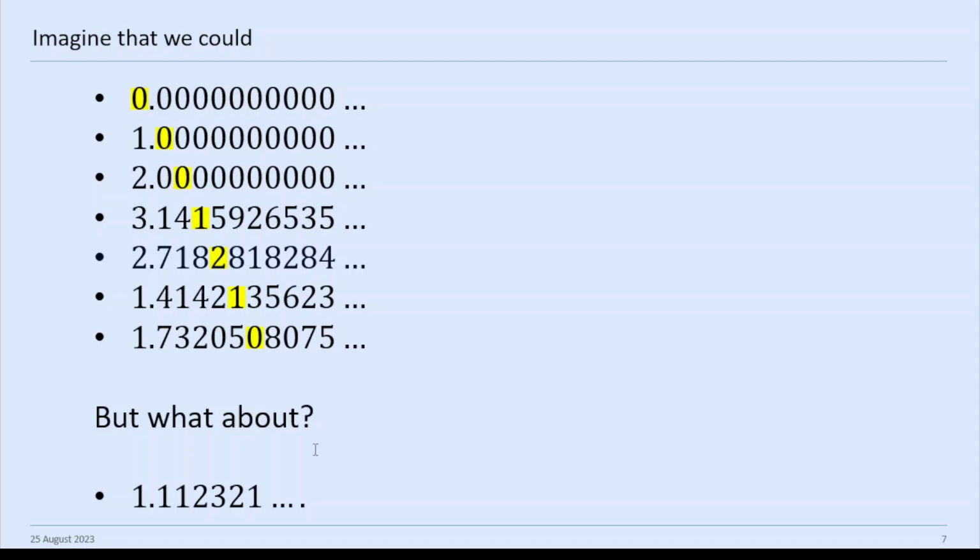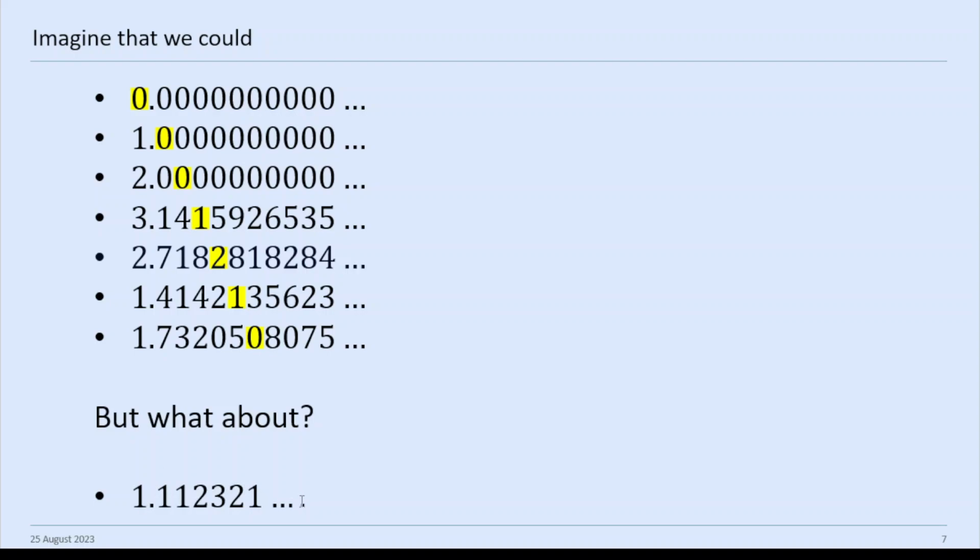Then here's the issue. If we look at the highlighted numbers, what we're going to do is create a new number, and the person with this number will not have a room. So we're going to take all of these highlighted numbers and add 1. So 0 goes to 1, 0 goes to 1, 0 goes to 1, 1 goes to 2, 2 goes to 3. And so we're going to create a new number made up of those numbers. So it goes